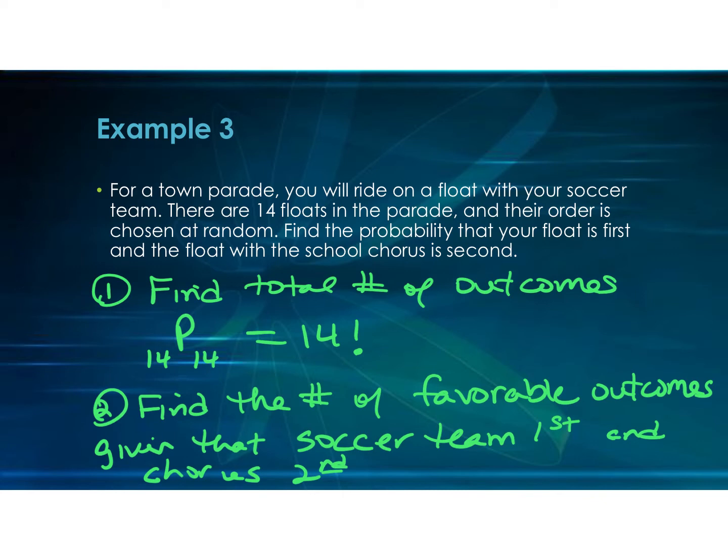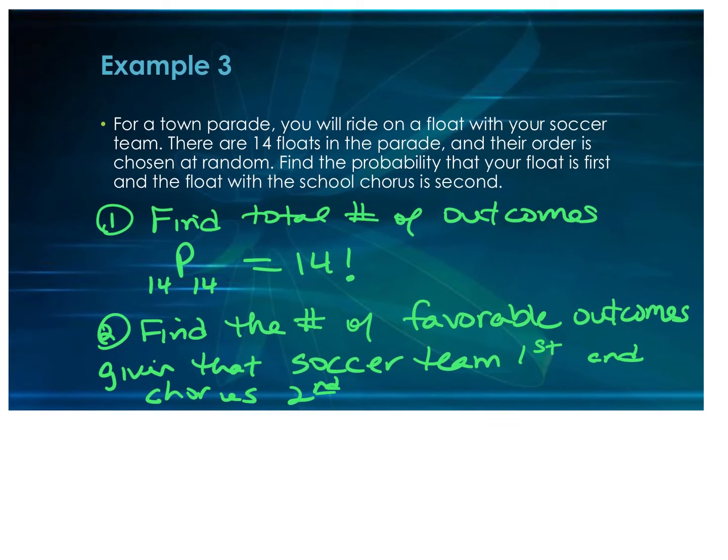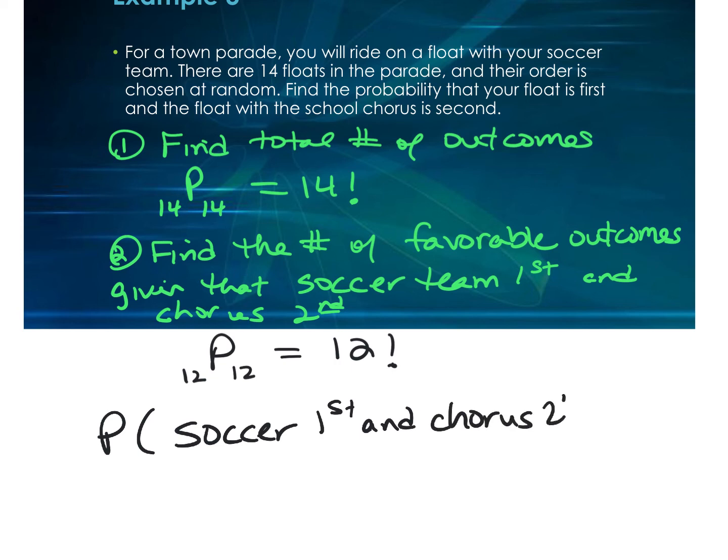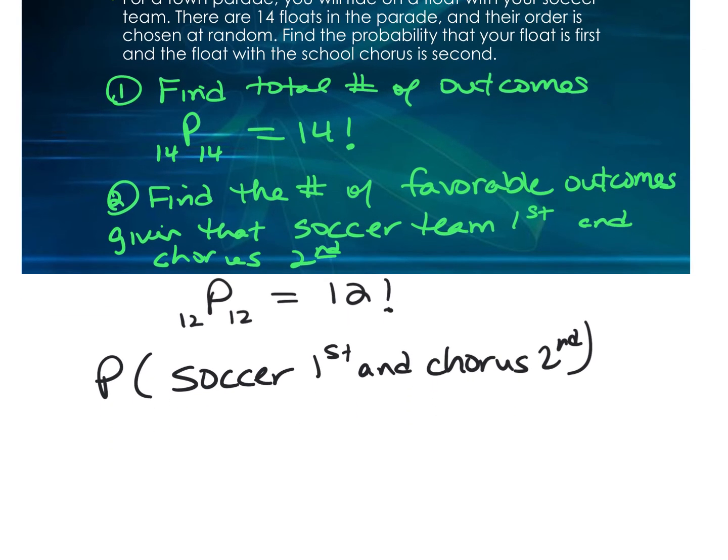It's the second float. And the way that we're going to do that one is probability of 12 out of 12 because we've eliminated 2 of them. We've taken out the soccer team's float and the chorus, so that's 12 factorial. So now to find the probability, remember it's favorable over total, so the probability that the soccer is first and the chorus is the second float is going to be 12 factorial,